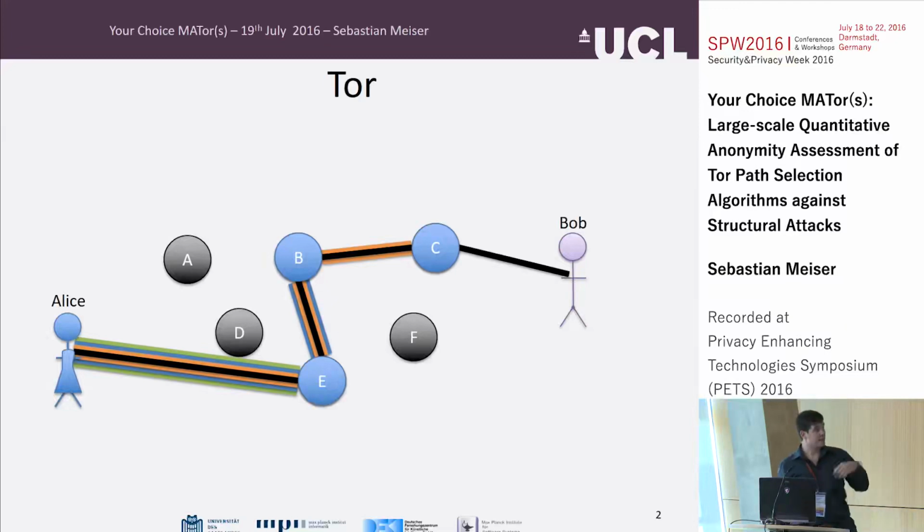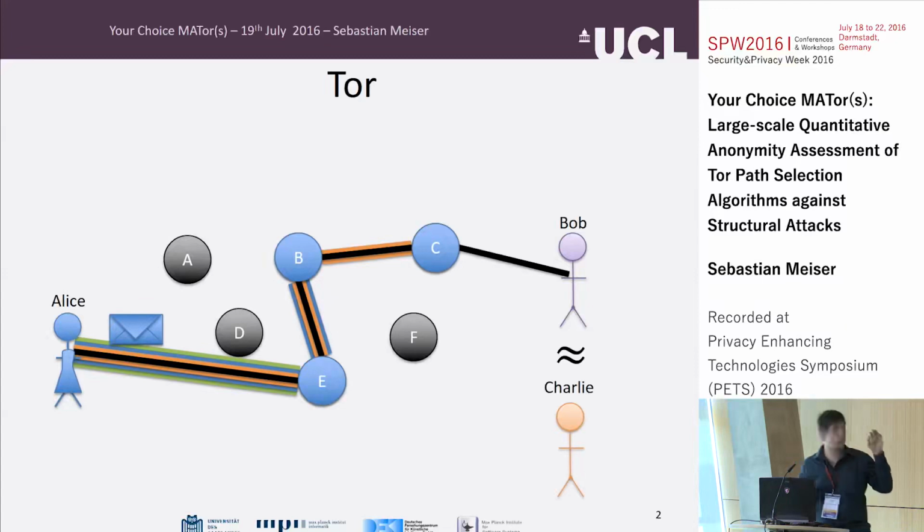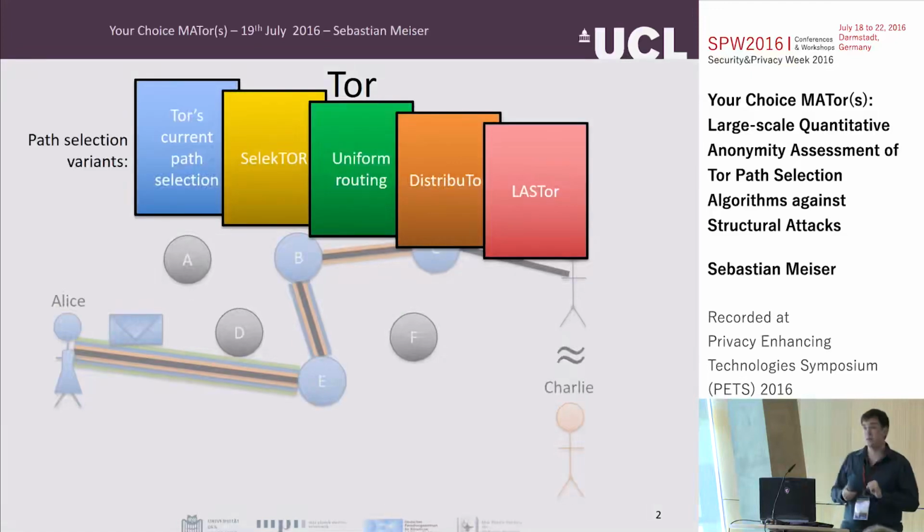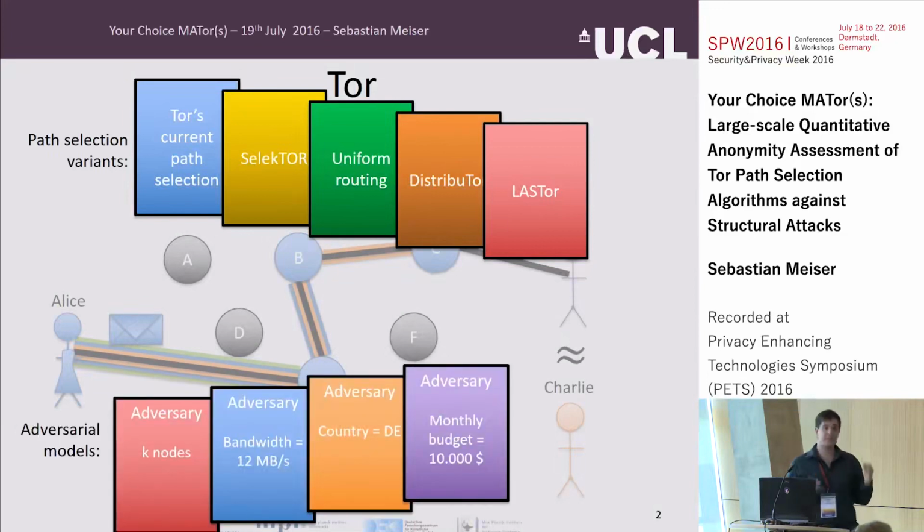Now, Alice sends messages, and for the talk, we want to say Alice sending a message to Bob should be indistinguishable from Alice sending a message to Charlie. It should be indistinguishable depending on how we select these nodes, and we're going to look at different strategies. I'm going to go into slight detail of them later. And we want them to be indistinguishable for a variety of adversaries that might control a group of Tor nodes that we specify via different metrics. For example, just a number of nodes, or any number of nodes as long as the combined bandwidth of the nodes is smaller than something, or any other such metric.